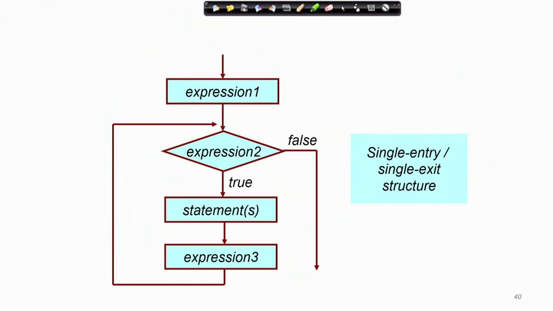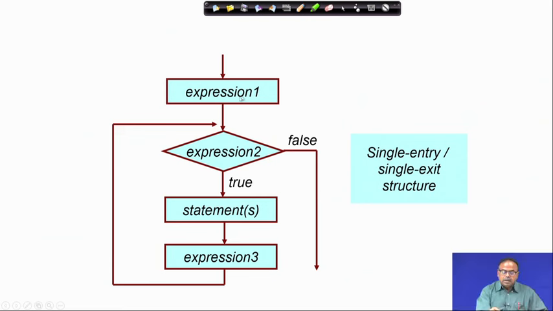Now, we are discussing the formation of loops, the creation of loops in a program using the for statement. Before that, we have seen the while statement and the do while statement, and then we have seen the for statement as well. The for statement, as we discussed in the last class, starts with an initialization expression,